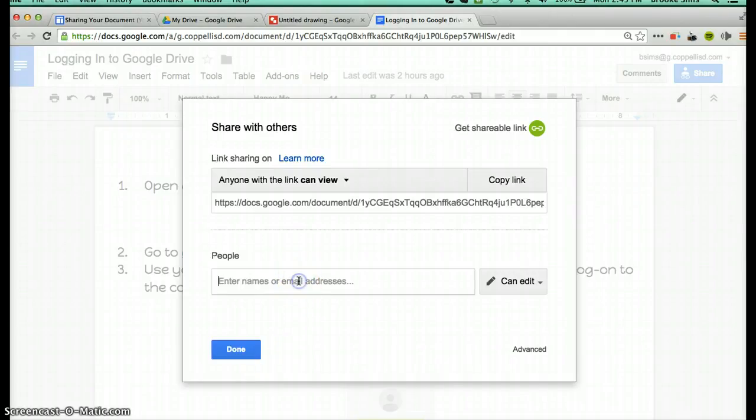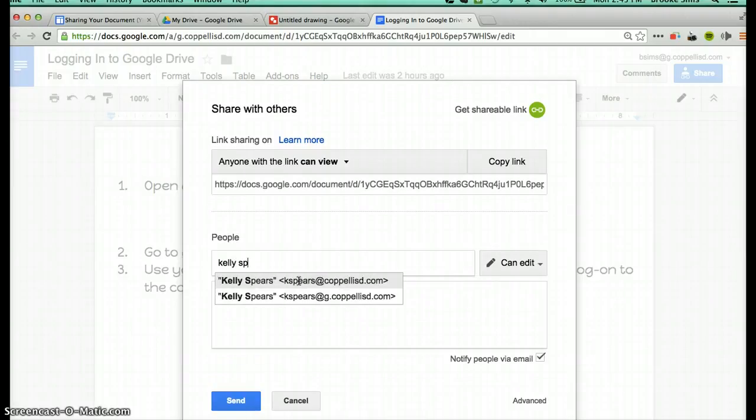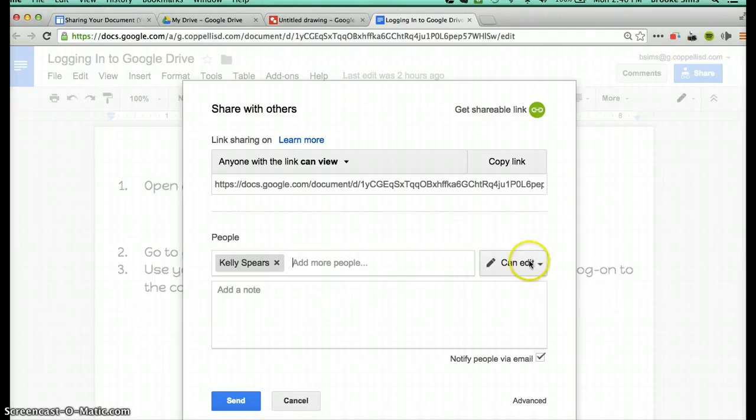I'm also going to take a minute to explain to you here. If I want to invite Kelly Spears to look at my doc, I will type in her full name and then select, and I want to make sure to select the @g.coppellisd.com. And I also have the option, since this is an individual person, do I want her to be able to edit this document, view, or just comment on? So I've decided that I'm going to make it anyone with the link can view and Kelly Spears can edit